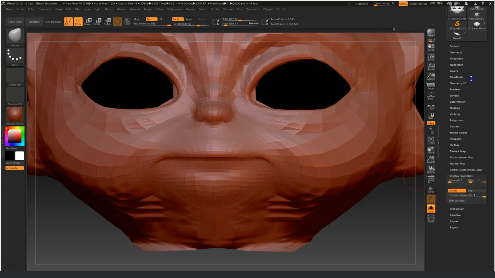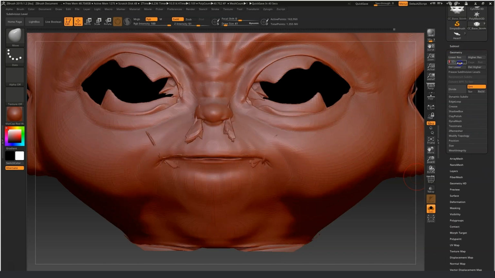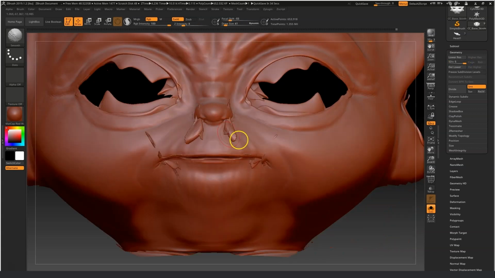So yeah, if we go back up through the subdivisions, it's okay if this is all still there, because this actually won't affect what's going on with the normal map. We can bring